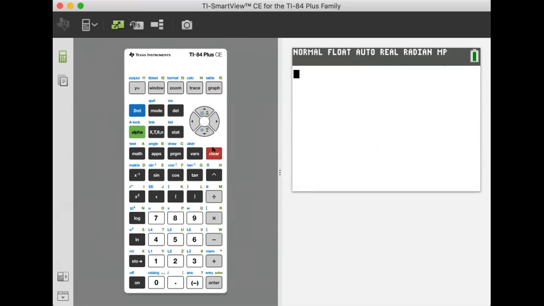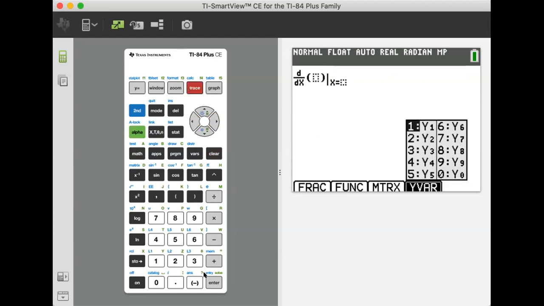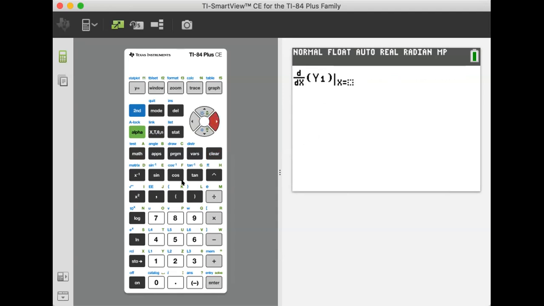How do I get A of 4? The acceleration is the derivative, math 8, with respect to X. I'm going to use my little shortcut here. Alpha F4 gives me Y1, and I'm evaluating at X equals 4. And so my acceleration is negative 1.164. Write that down. Since my velocity at 4 is positive and my acceleration at 4 is negative, the particle is